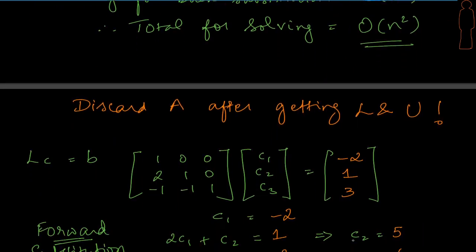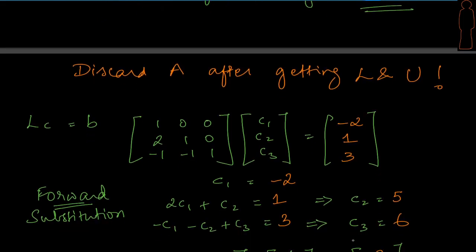That is, this one statement helps us understand that we can discard this coefficient matrix after we factor it into L and U, right? What does that mean? Suppose I have the same set of equations as above. So I have my coefficient matrix A. Let's say we factored it into L and U. After I factor into L and U, I am going to throw away A. I don't need it anymore.